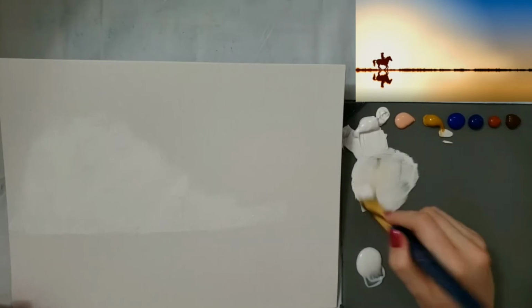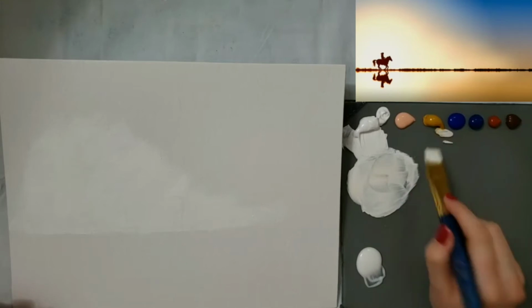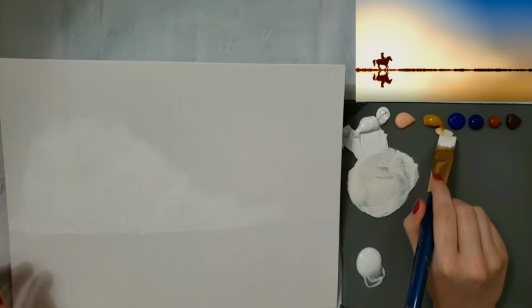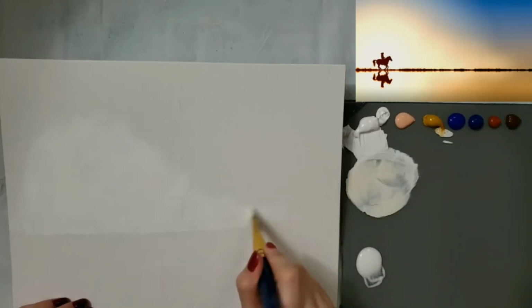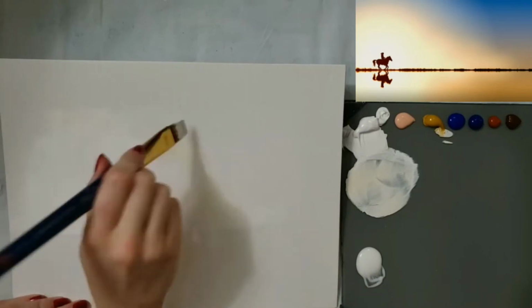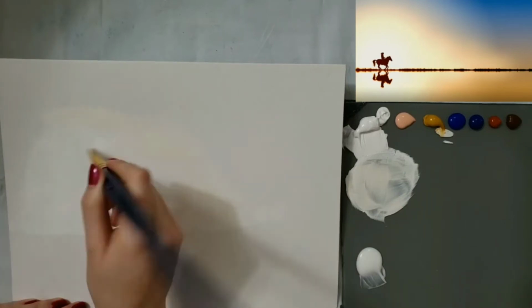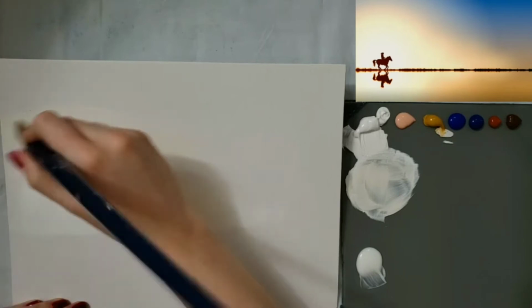And I may end up having to get a different yellow out if this yellow that I have isn't the right color. But even if it's not quite the right color as the picture, it might look fine. So I'm just getting a little bit. This is yellow ochre, and it's going to start to kind of have a yellow color. I'm getting the glazing liquid. Just kind of put some